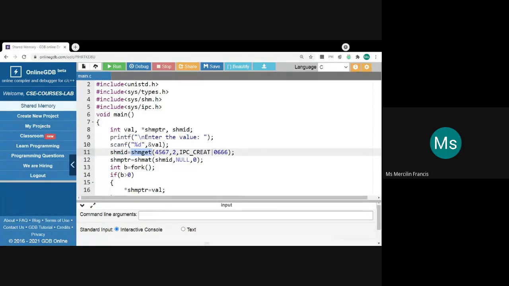Similar is the case over here; you need to specify some key value. The second is the size, which is mentioned here; you will be giving 2. And the third argument is a flag, IPC_CREAT, with read, write, execute permission.